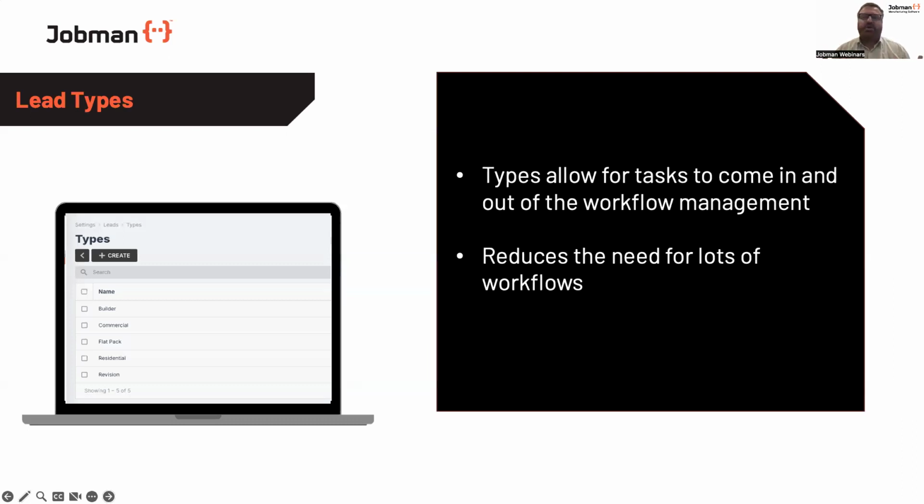For example, a commercial or account client is someone you probably do a lot of business with. You have agreements with them where you don't have to send a deposit invoice to kick off the job. You've done a lot of business with them. So we don't necessarily want the operational step, send deposit, before we can kick off the job for that type of client. So by being able to attach that particular operation to a lead type, such as residential or private,